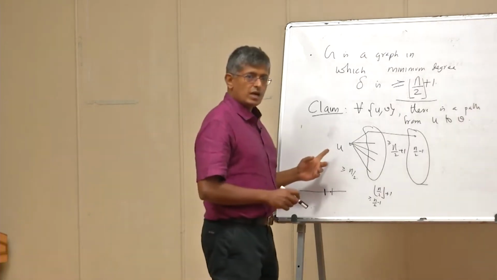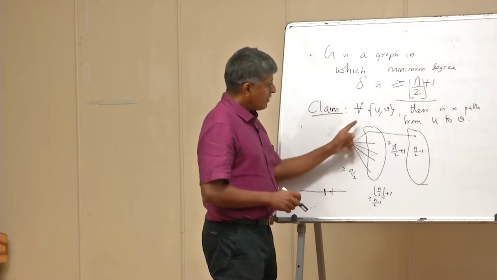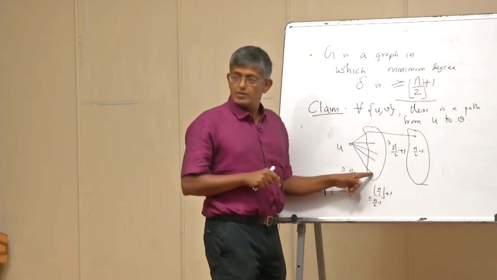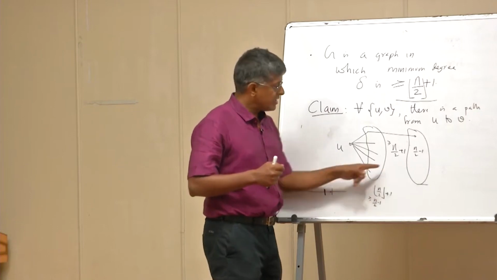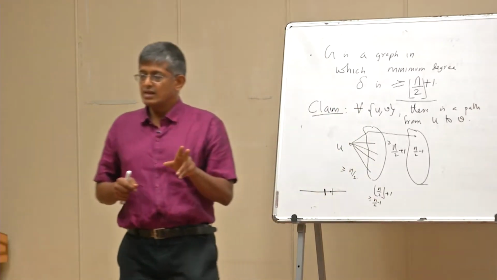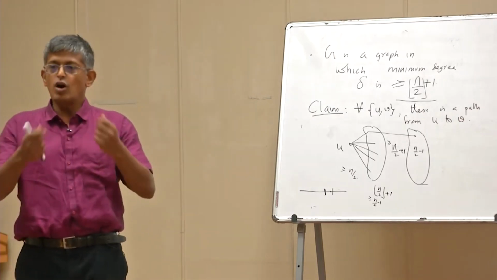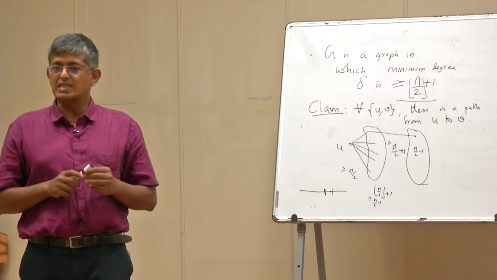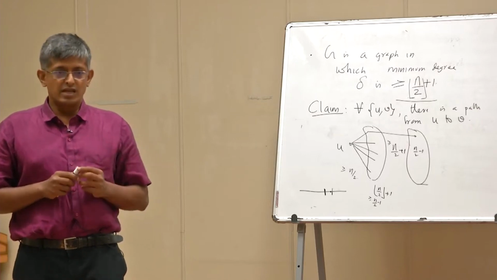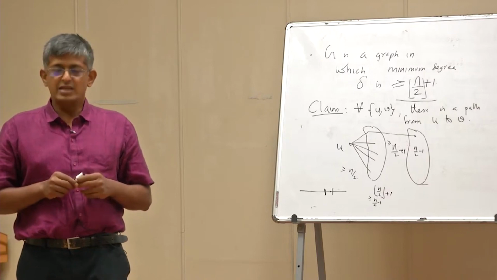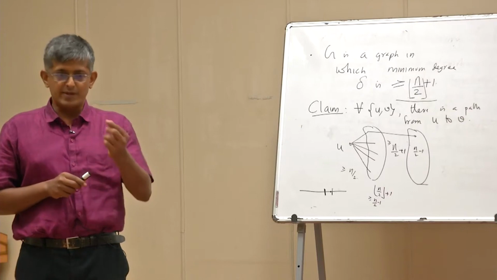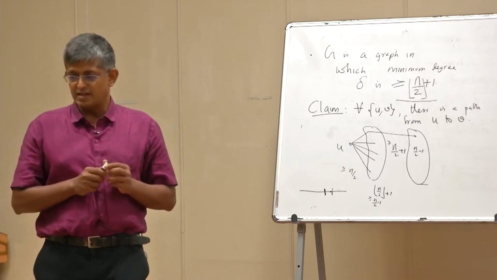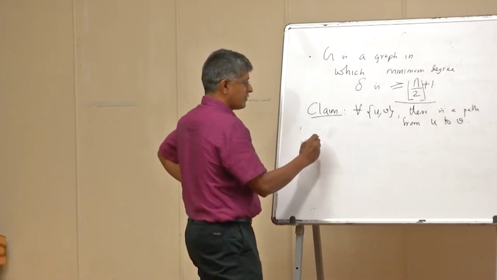Quite obviously, because if you look at this particular u, v could be here, in which case the path length is 1. If v is here, it is going to have a neighbor here. It should be adjacent to somebody here, therefore this path length is 2. Therefore, for any pair, the distance is at most 2: within 2 hops or 2 edges, you will get to the other vertex. Now I will ask you, if the degree is at least n by 3, what can you say about the length of the path between any pair? In general, if it is at least n by k, what can you say about the length of the path? Please take this as a small exercise. It's not for me to evaluate whether you are doing it, but these are the kind of questions that you must ask without fail. So therefore, high degree